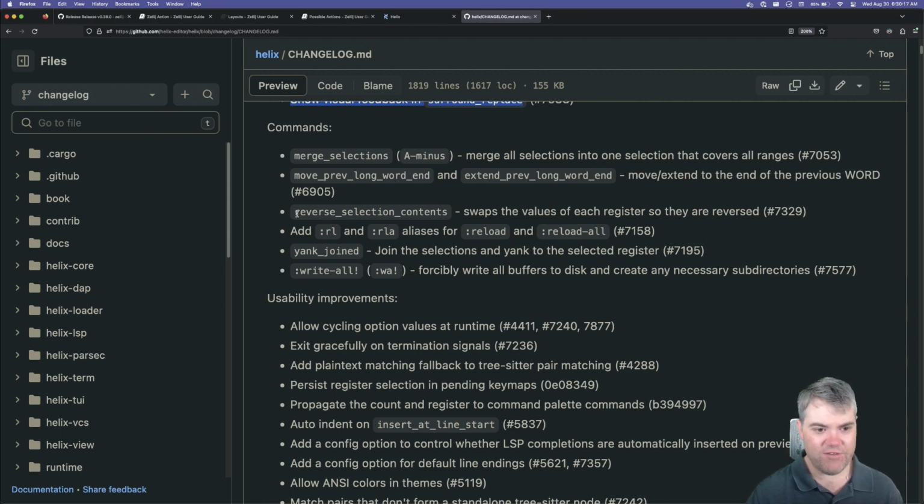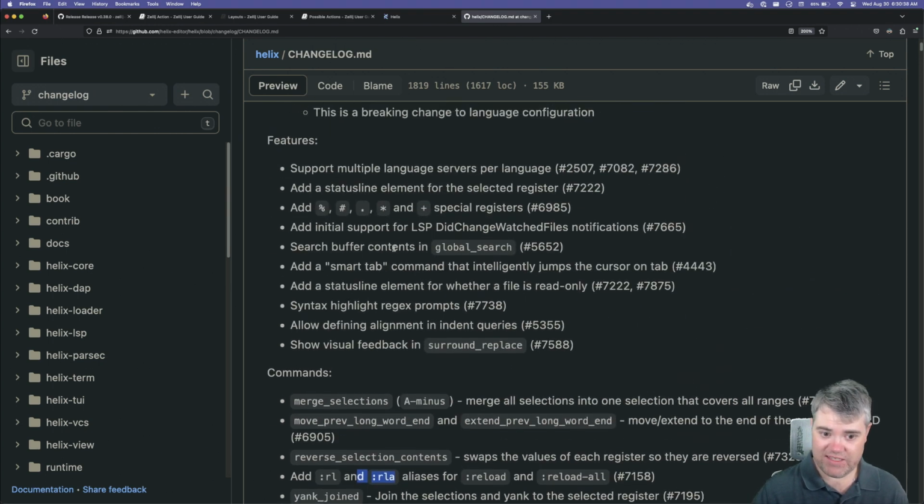You can reverse registers? I wonder what the use case for that is. Okay, so they added a command for reload all, which is something that I would also love to see